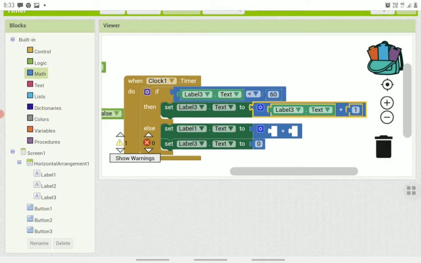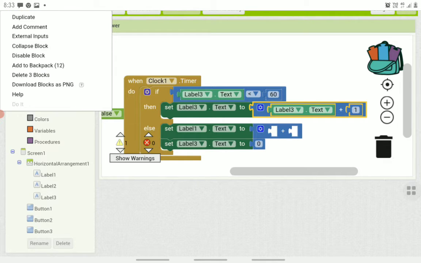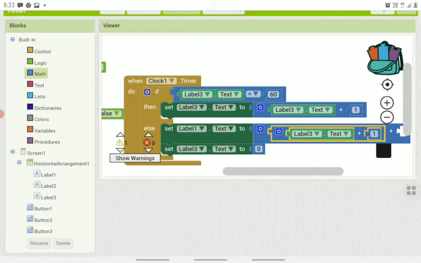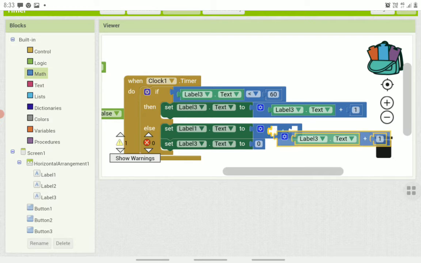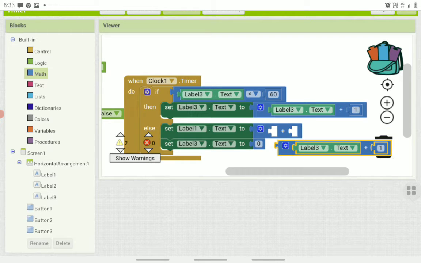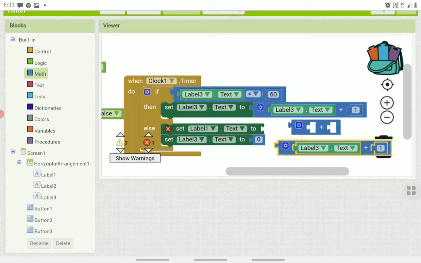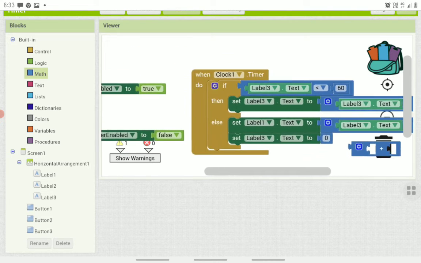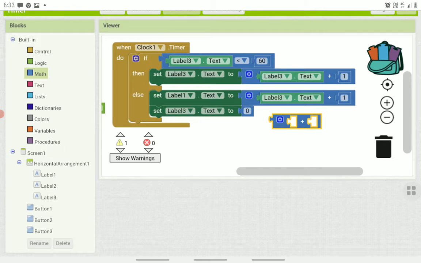Let's copy this block, let's paste this here, you should remove it and paste it, and you should delete it,